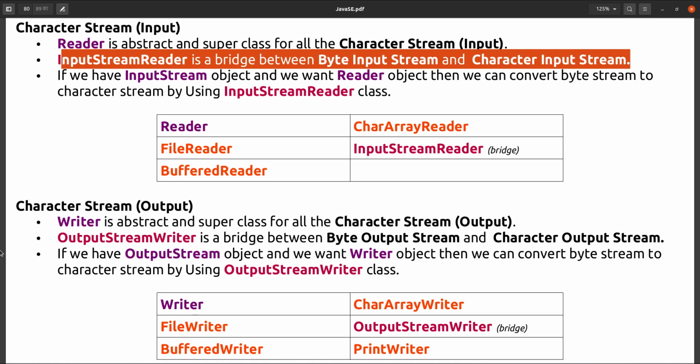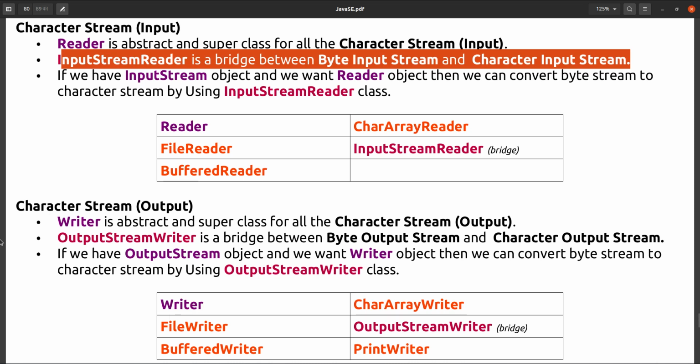Suppose you have a stream of byte input type, but you want to read that stream in the form of a character input stream. How is it possible? Your stream is a byte type, no? Then how will you transfer that stream into a character stream?